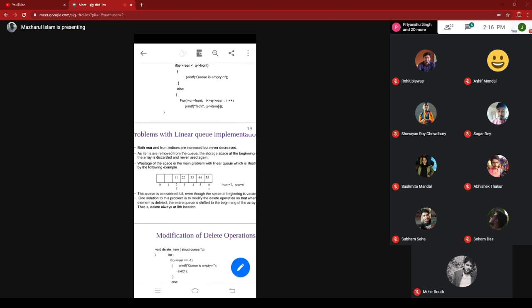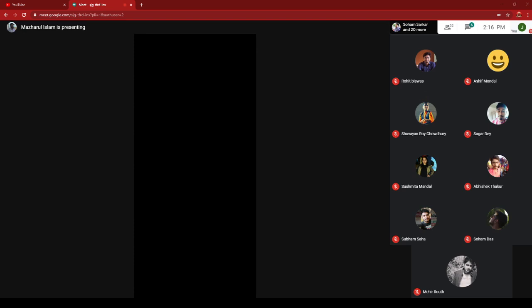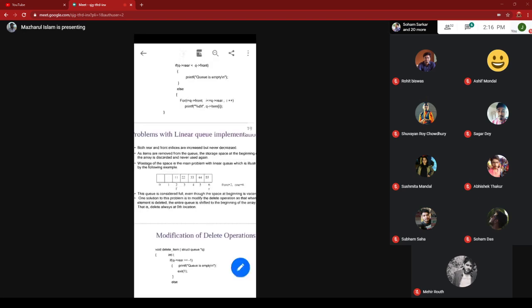Is this clear? Rear has reached the maximum limit, so you cannot enter the new element, because adding a new element happens through rear.